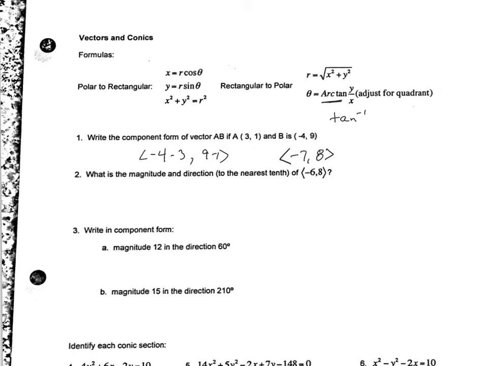Magnitude and direction. Magnitude, as you know, is the square root of 6 squared plus 8 squared. It says to round to the nearest tenth. This is actually a whole number. And then for the angle, the inverse tangent, or the tangent of theta is equal to 8 over -6. Pay attention to your quadrant. If you graphed -6, 8, second quadrant,